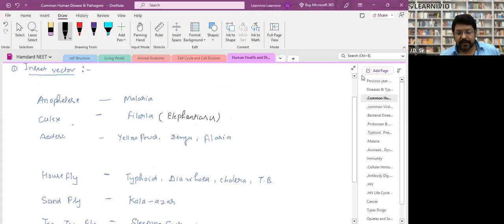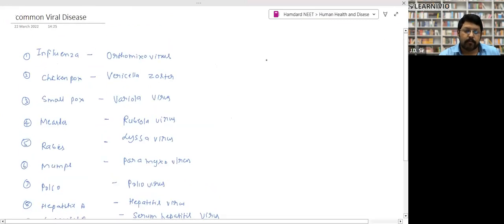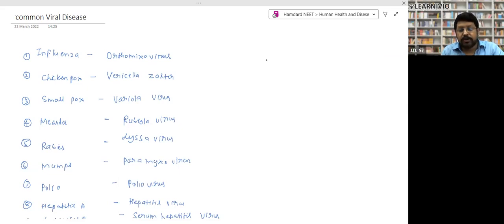Now the common viral diseases. You do not have to remember each and everything. You have to remember only those diseases which are visible in your scheme, nothing other than this. I have taken only those diseases which are frequently asked and have a probability of being asked. Otherwise, unnecessary things are not here. Look, influenza: you'll get a number of questions on it. It has been asked many times, and the question still comes. Influenza is caused by